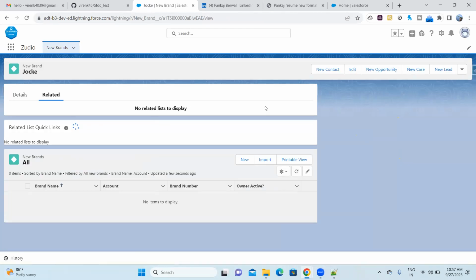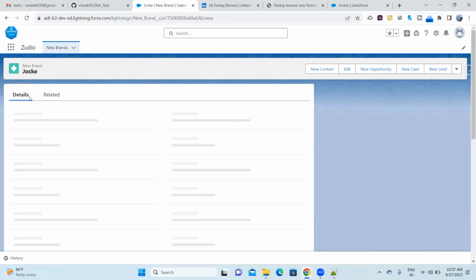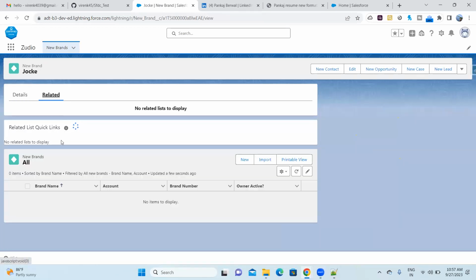Okay. See, this is the list view which you have added. This was your record detail here, which you already had. Related list links. Related links are nothing but, if you create a child for this, then you will get the related list link or related list. Okay, so that is this. Any confusion? Any questions so far?